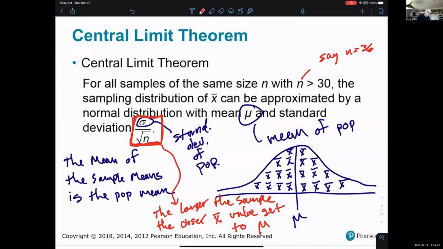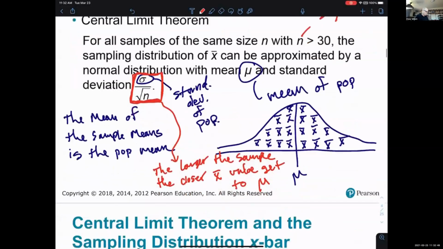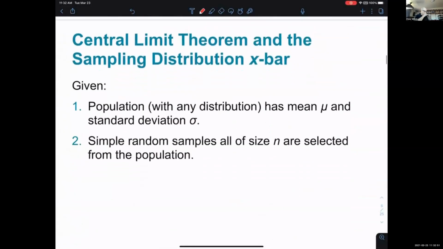All right, so let's try to illustrate this through further discussion and examples. Central limit theorem and the sampling distribution of X bar. Given that the population with any distribution, normal or not, has a mean of mu and a standard deviation sigma, we use those symbols, simple random samples of all size n are selected from the population. So these are the two givens, that you just have a mean of mu and a standard deviation of sigma